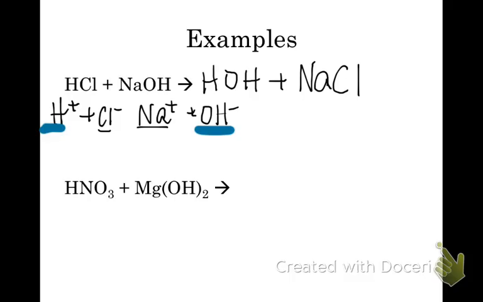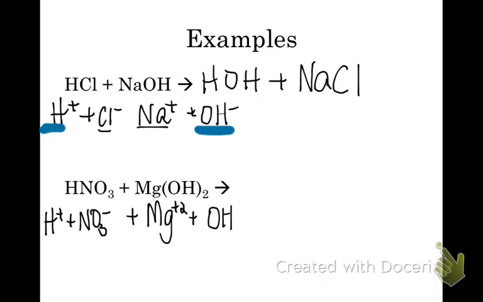So let's take a look at the second example. We have HNO3, so we know we have H plus and NO3 minus. We also have Mg plus 2 and OH minus. Remember that plus 2 is because that 2 really goes up there in terms of charges. So we want to eliminate the water. We want to combine the water, so we have